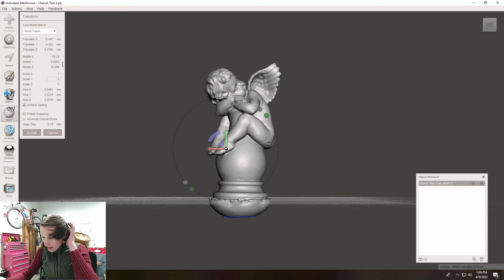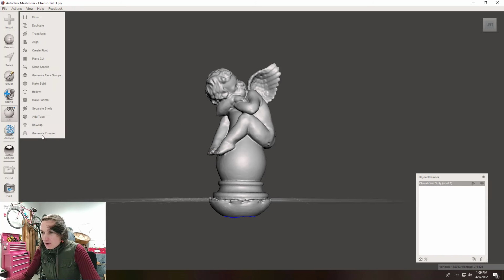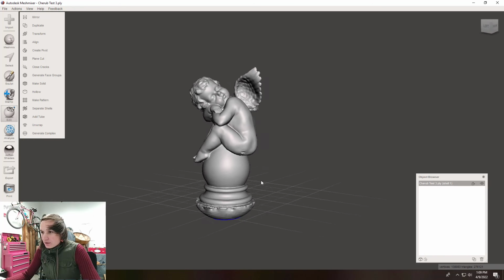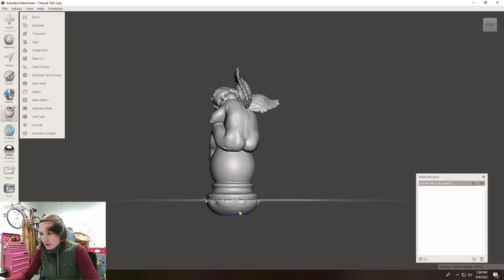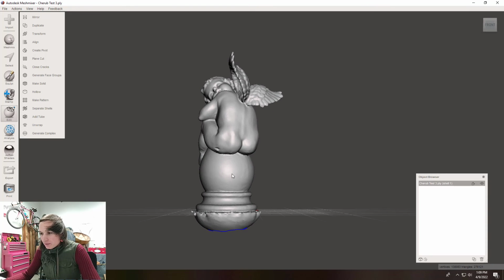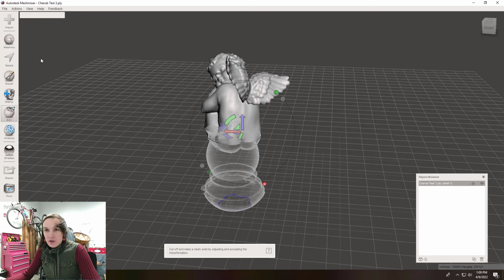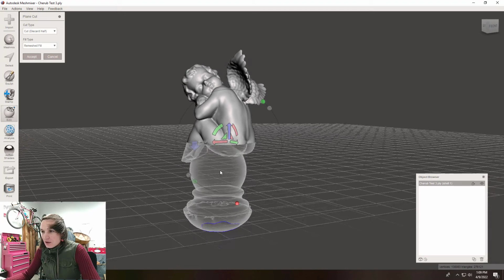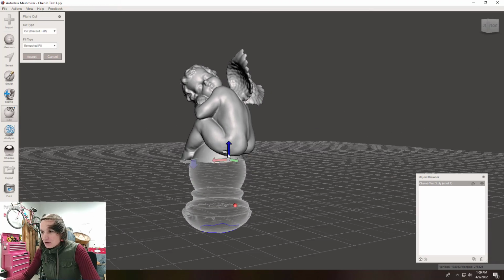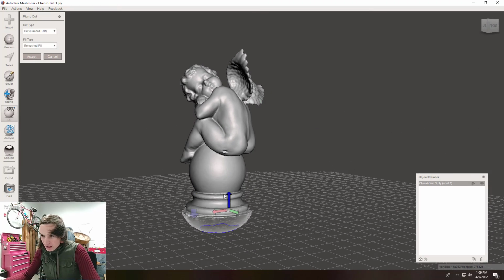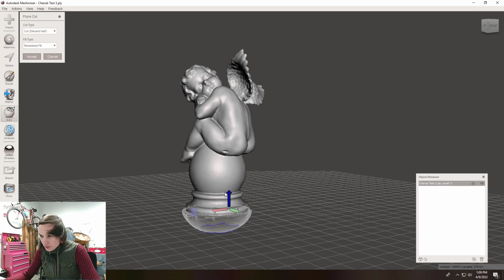Now, anytime you edit the object in any fashion, whether it's edit or select, you just have to make sure you accept those changes. So I'm going to hit accept. And the next thing I want to go over is cutting out some other stuff. Like there's this bulge down here from the photogrammetry process that we don't need. And the easiest way to get rid of it is to do the plane cut. And so you can see how there's now this plane that you can move up and down. And it's just like editing the transformation